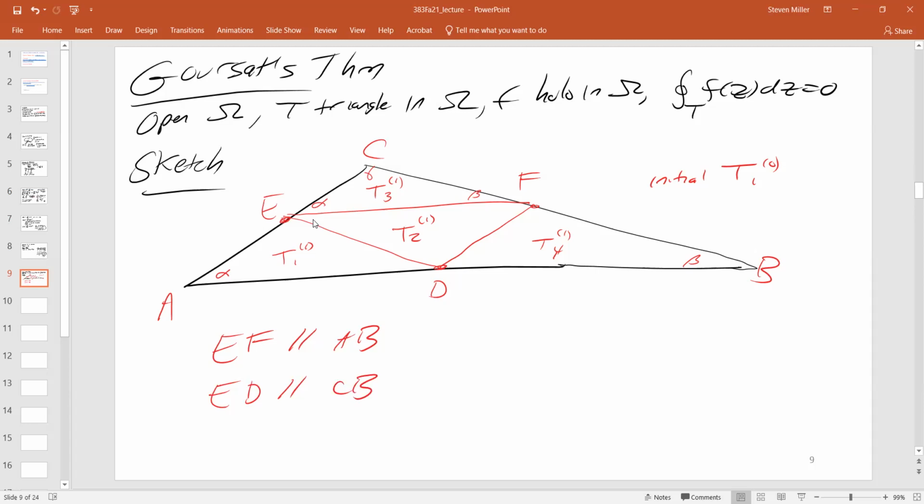Because we're cutting them in half, and so by playing some games with corresponding parts of congruent triangles, you'll have like angles, side angles, stuff like that. You can see that this is going to have to be gamma over here, so this has to be beta, and you can keep playing these games. So it's a nice exercise.